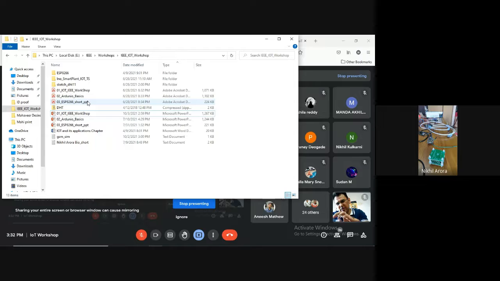The ESP8266 doesn't have a serial interface, meaning a USB interface. So whenever you want to use ESP8266 directly, you have to use some USB to serial converter, or you have to use Arduino or some other hardware like 8051 or MSP430, and then you can connect it. Whereas NodeMCU, directly you can connect via USB cable.